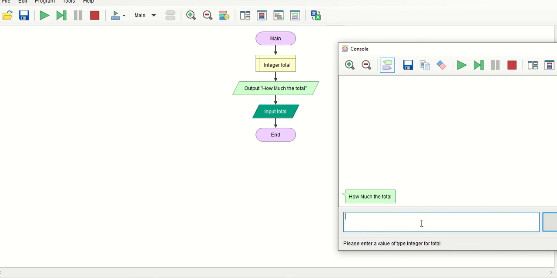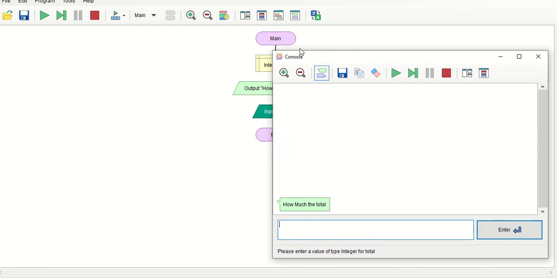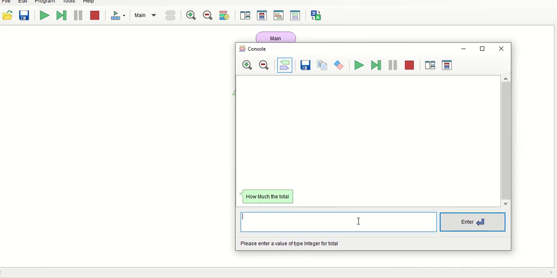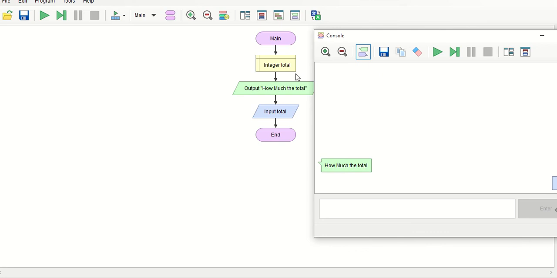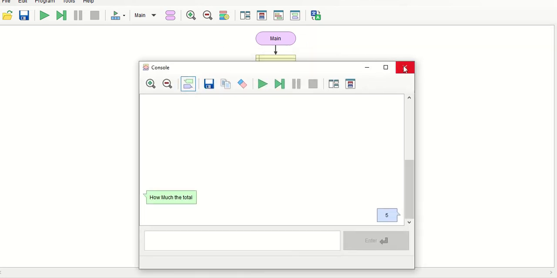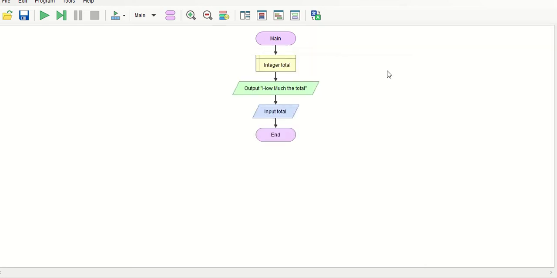Now you can see I can give the input, because before I didn't use the input, but now I am using input. So I give any number and enter. You can see I am giving this 5, and where is this 5 going? In the total variable. Now I have to put the condition.